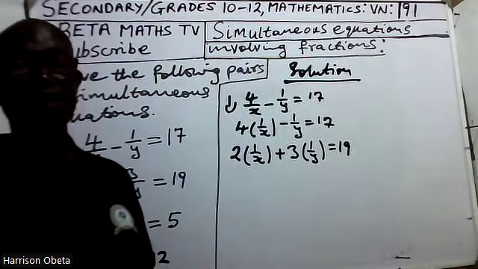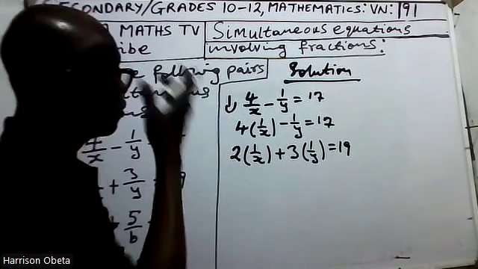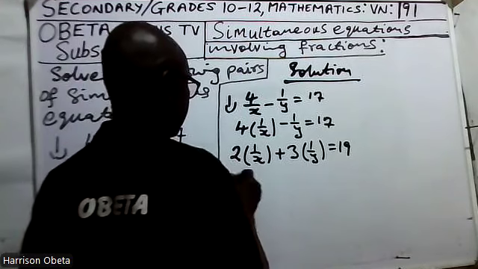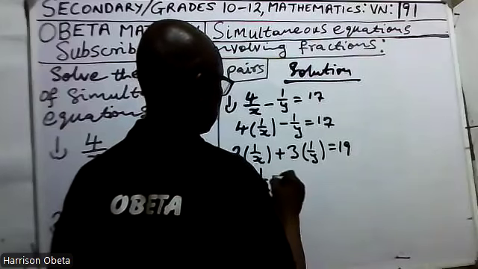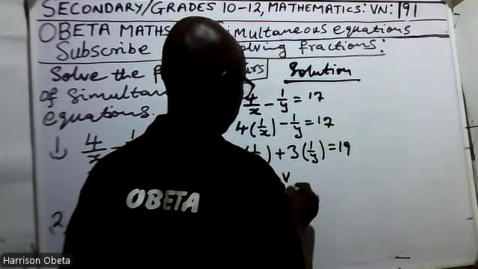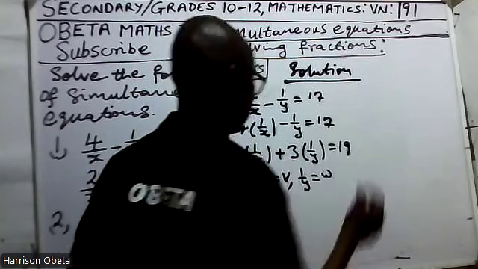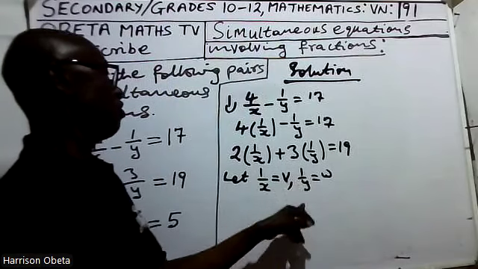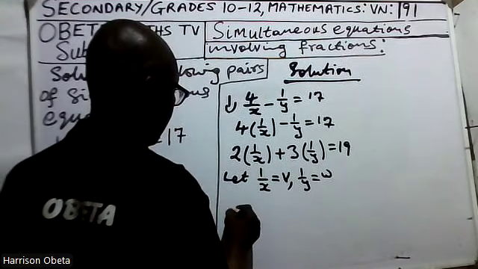Now, in order to make it simple for us to solve, we are going to represent 1 over x and 1 over y by something. So let 1 over x equal to maybe v, and 1 over y equal to w. That means anywhere we see 1 over x, we write v, and 1 over y, we write w. So going back, it means we have